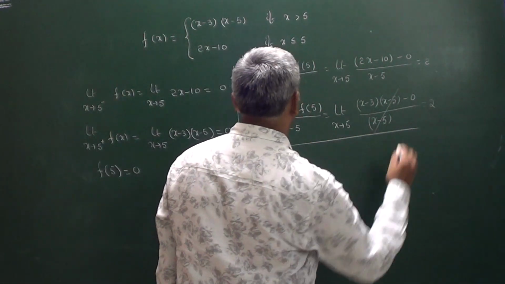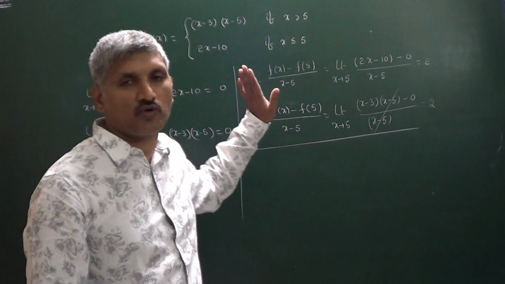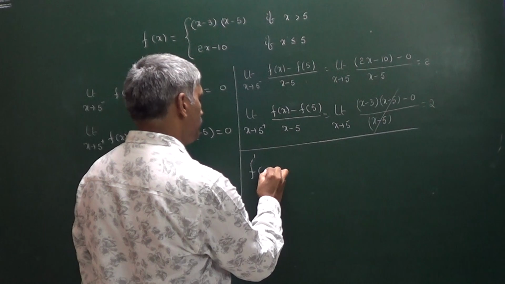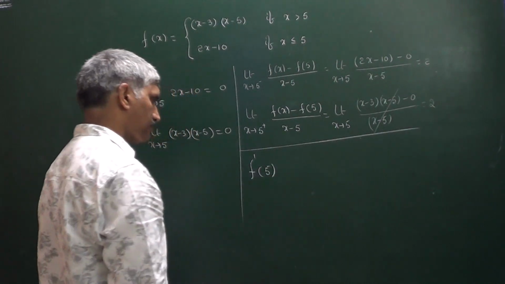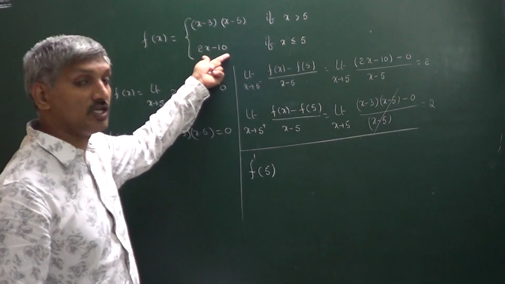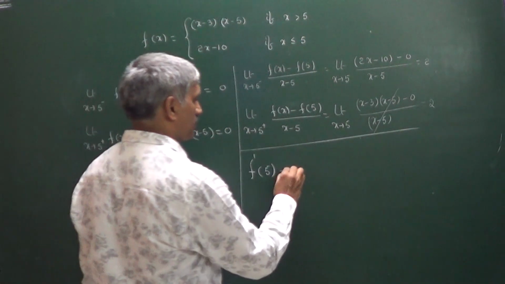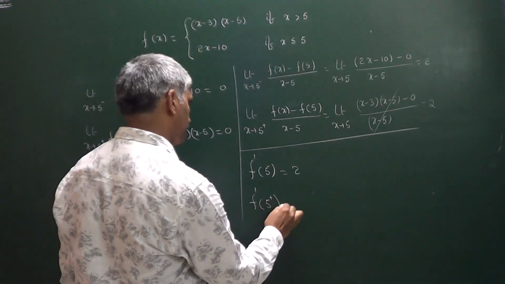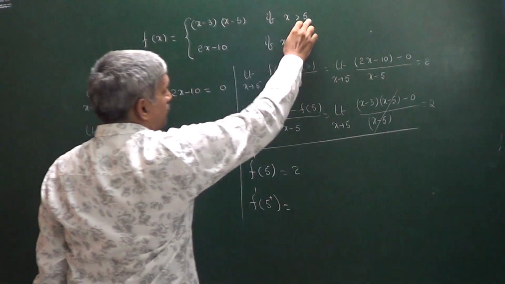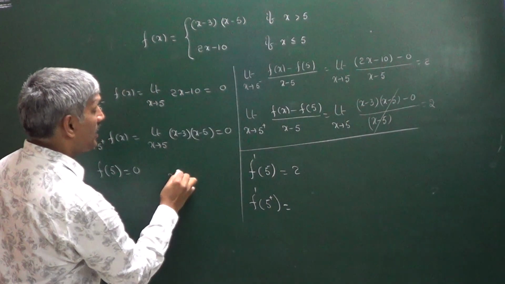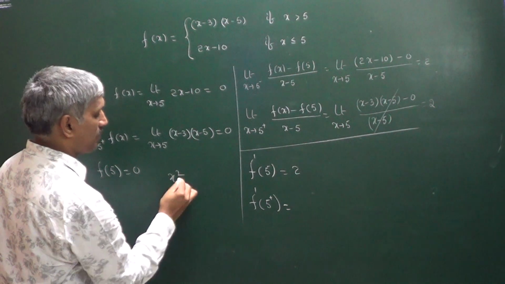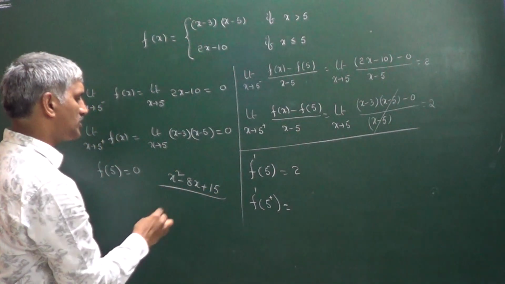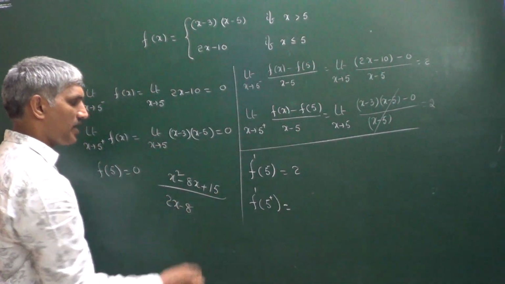So the same question we can do in another way, but this is the way you have to approach for the board exams. We can do it in another way also. Can you tell me f dash of 5 minus? In the 5 minus case this is the function. What about its differentiation? Its differentiation is equal to 2. Next, f dash of 5 plus. 5 plus means more than 5, this is the function. What is the function? x square minus 3x minus 5x, that means x square minus 8x plus 15, right? Tell me its differentiation. Yes, its differentiation is 2x minus 8.